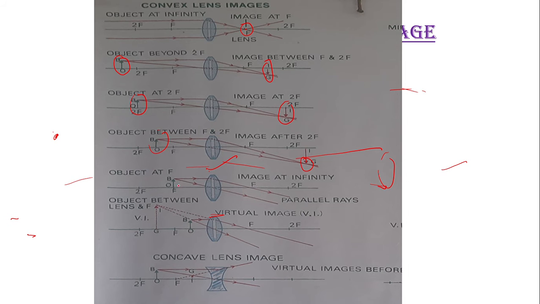If they are not converging, say for example when you bring the object too close and place it at the focus, in that case the rays go parallel, so we can't form an image. If you come between the focus and the lens, very close to it, a virtual image is formed. Now you see the rays, when they pass through the lens, are not meeting. However, when you draw them backwards, we can form an image over here. But this image will be a virtual image because the rays are not actually passing. We are assuming them to meet at this point. All right, so that is all about real image and virtual image.